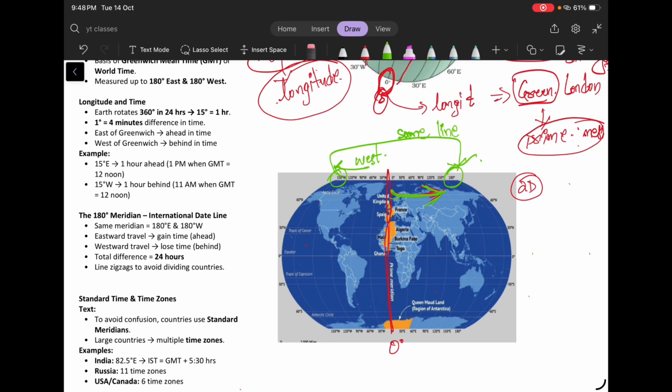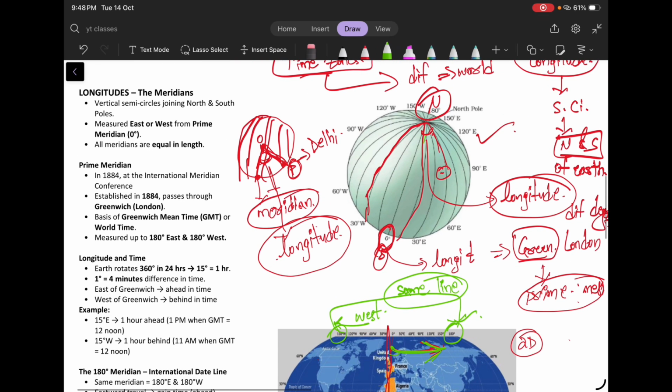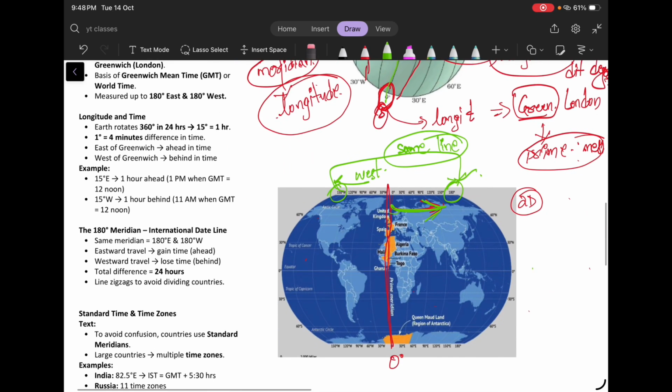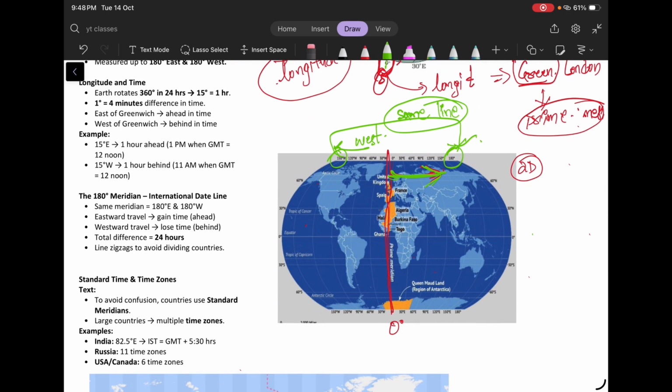If we can visualize it as a spherical point, this is the prime meridian, right? This 180 degrees will be located exactly opposite, on the other side of this globe. The persons who are traveling towards the east region of this meridian will gain time. While traveling towards east, the longitudes are obviously increasing, right? The angle is obviously increasing,